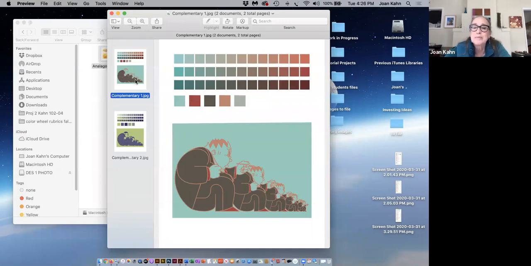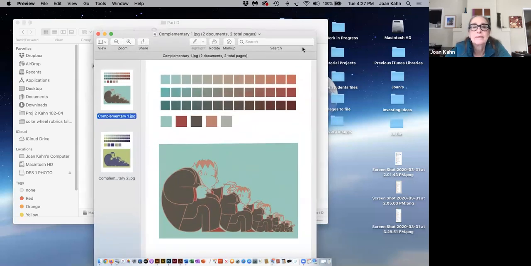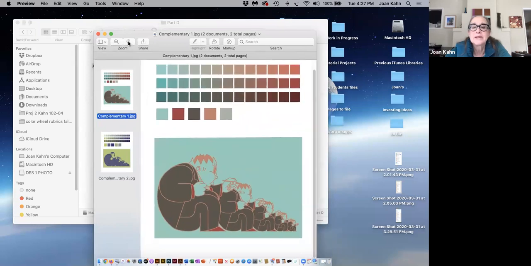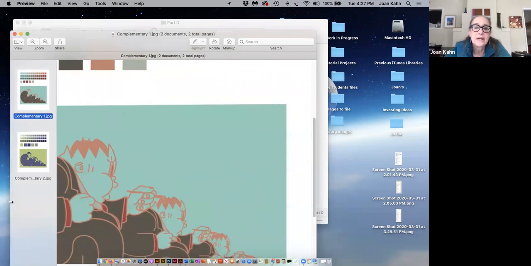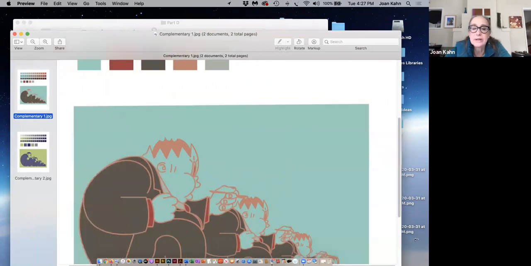And so he blew this up. I mean, he enlarged it and printed it. And I really love the way he just included some of the line and left some of the other line out. I'm trying to make this bigger so you can see it better. And in the end, it was so good